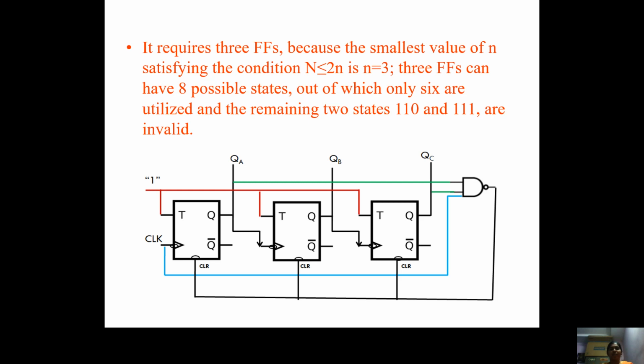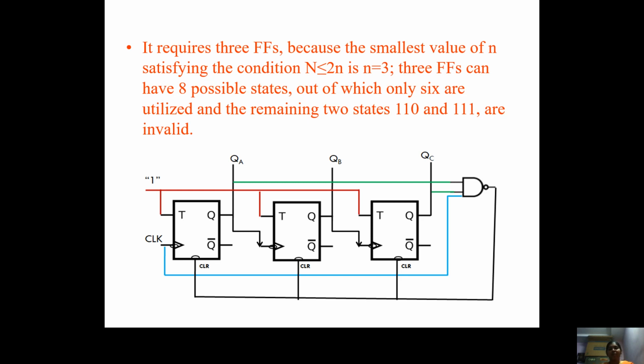So here this is the design of the mod 6 counter using T flip-flops. Here we have taken 3 T flip-flops. Since the clock is obtained from the previous outputs of the flip-flops, it is known as an asynchronous counter. To provide the feedback, one NAND gate has been utilized, whose inputs are QA and QC. So let us see the operation of the mod 6 counter.